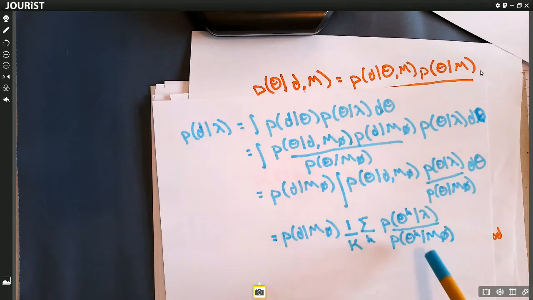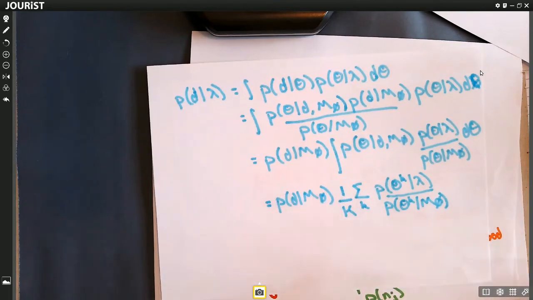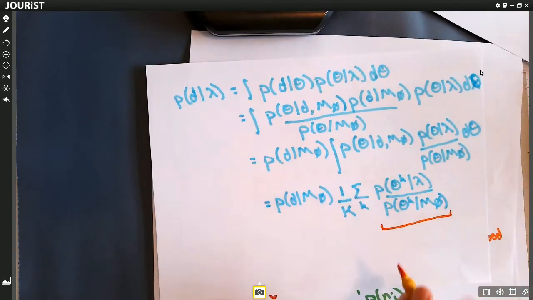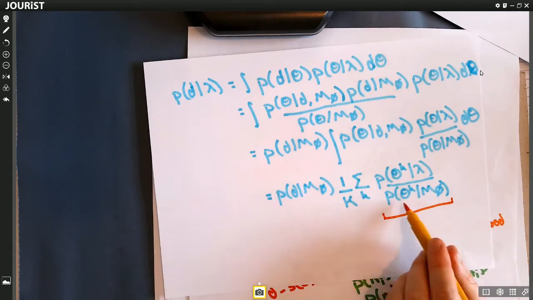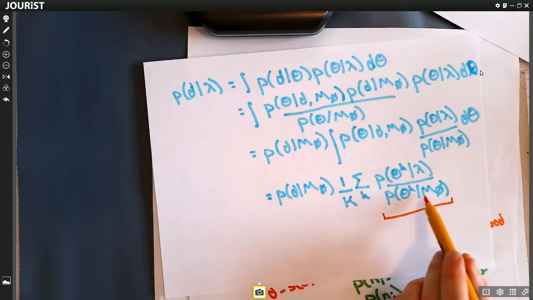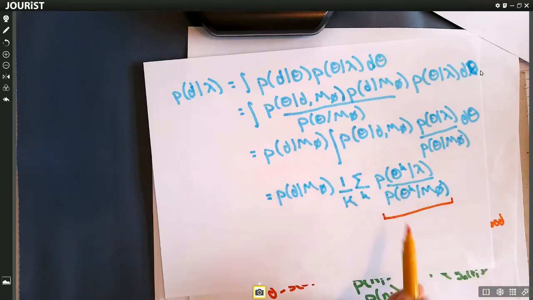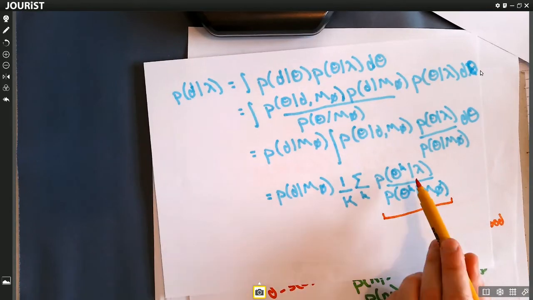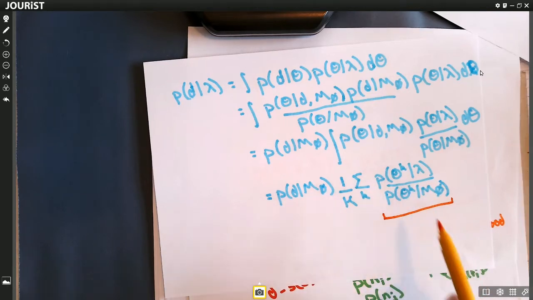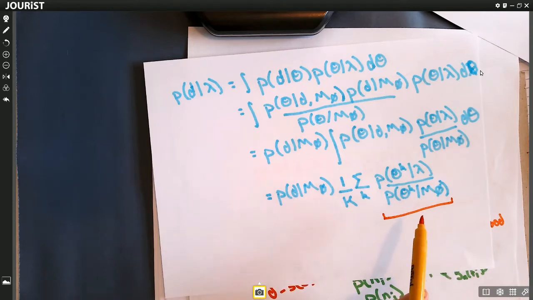The important thing to be able to do this, of course, is we need this ratio to always be well defined. So we never want P of theta given our default model, our default prior, going to 0 at a region that is interesting for our parameterization with our hierarchical model. This is why it's very important that the LIGO-Virgo-KAGRA analysis is performed with broad, uninformative priors that have support across parameter space, because we want to be able to reweight them to whatever prior we have.